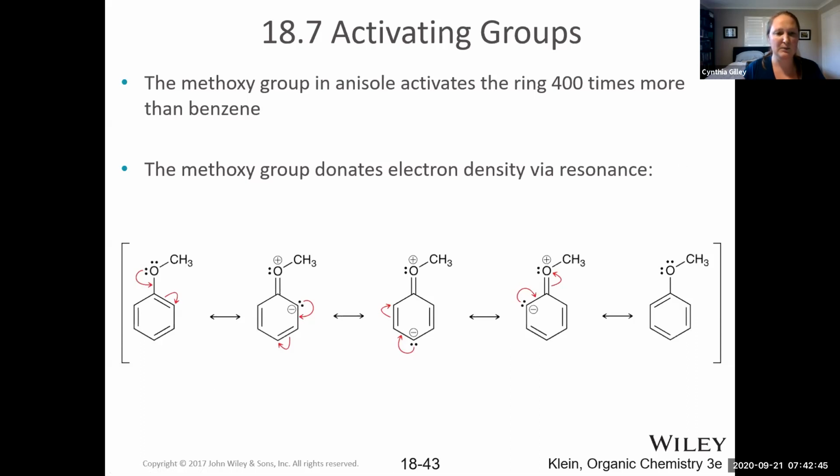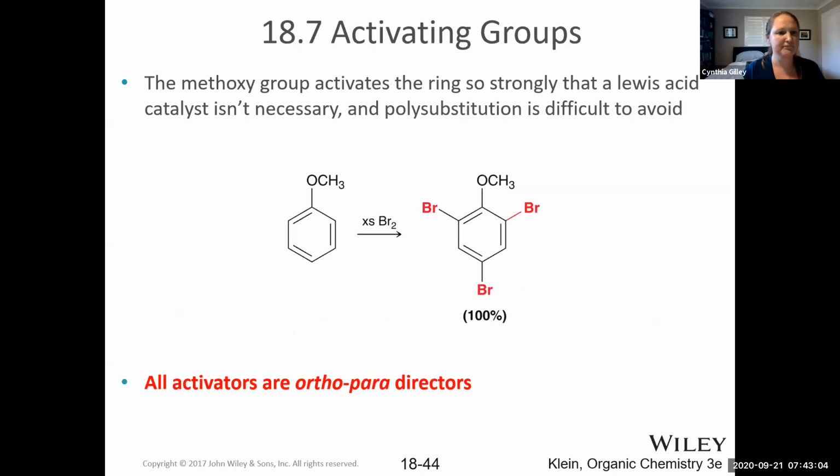Look at where those partial negative charges are on the structure. Those are the carbons that are particularly electron rich, and we know in an electrophilic aromatic substitution reaction, the aromatic compound is acting as a nucleophile. So the electron rich positions are particularly reactive. It's so reactive that it will actually react with bromine to do an electrophilic bromination, and it will introduce the